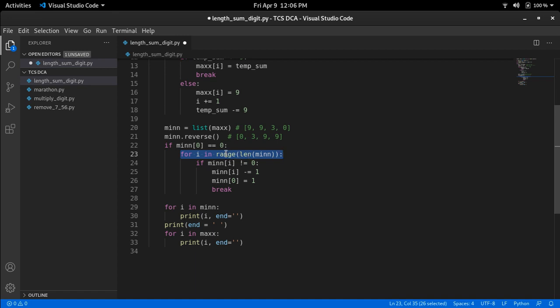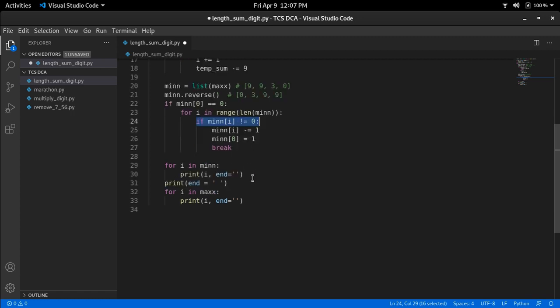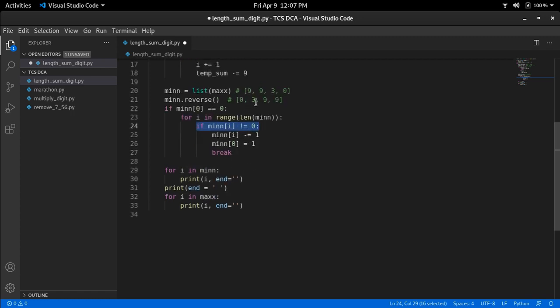Now inside the loop, we are finding the first non-zero value. Here in this case, the first non-zero value is 3, because the first value is 0. If we are able to find a non-zero value, we are simply decreasing its value by 1.